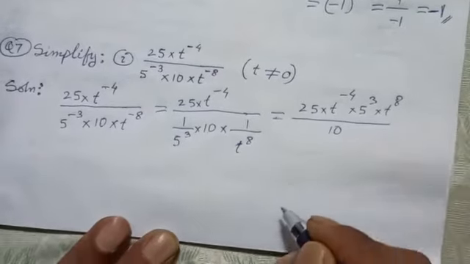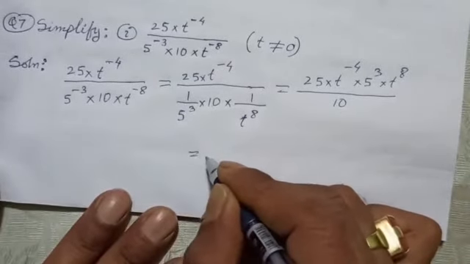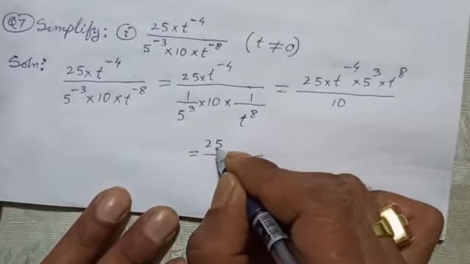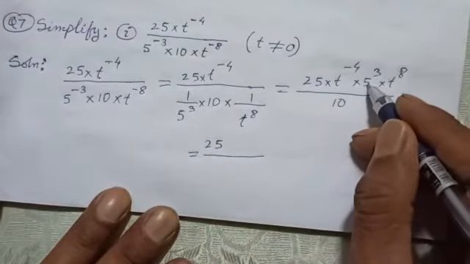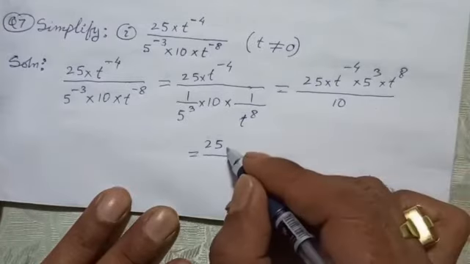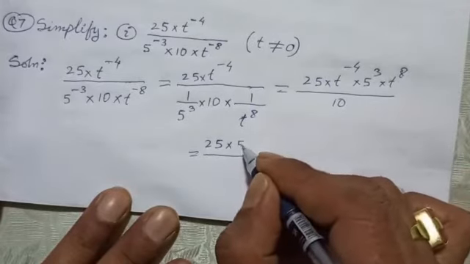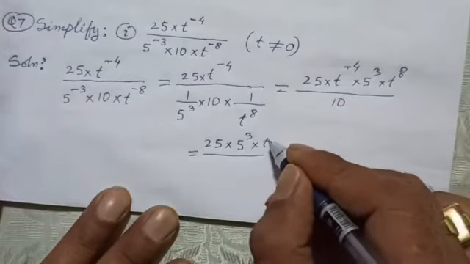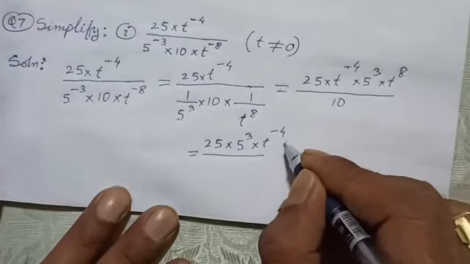Now next steps. This 5 cube, let's write first like this, into next is t to the power minus 4 into t power 8